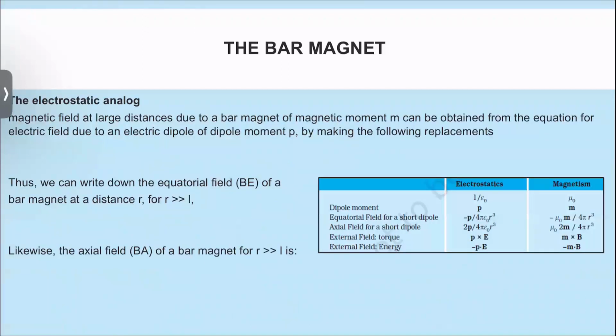Now we will see that a bar magnet is similar to a solenoid. A bar magnet can also act as a dipole, where it can be related with the electric dipole, the relationship with that. Now we will see what if we replace the components that are used to identify the magnetic